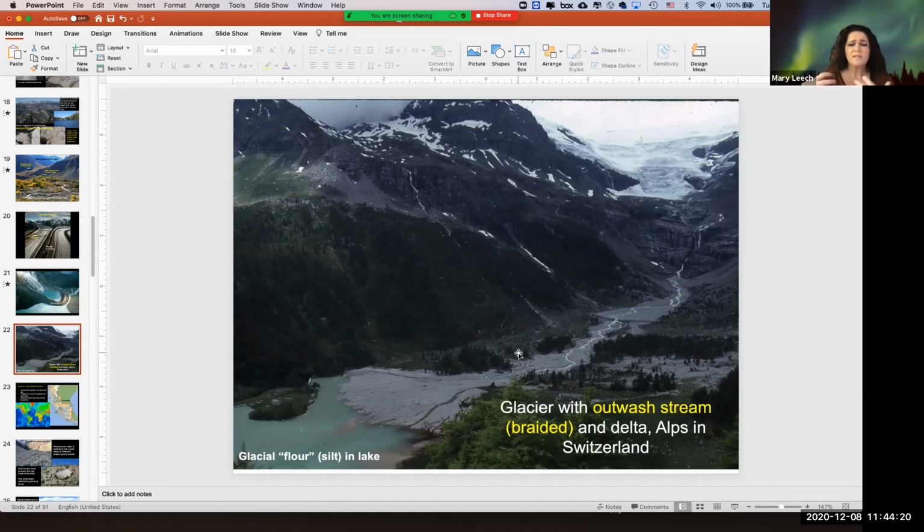There's a lot of sediment. And so you get a braided stream. It's not a straight path down to the lake. It is a sinuous path. It curves, and there are multiple parts to it. It's called a braided stream, and that's because it has so much sediment. The water has to go through so much sediment compared to how much water there is.